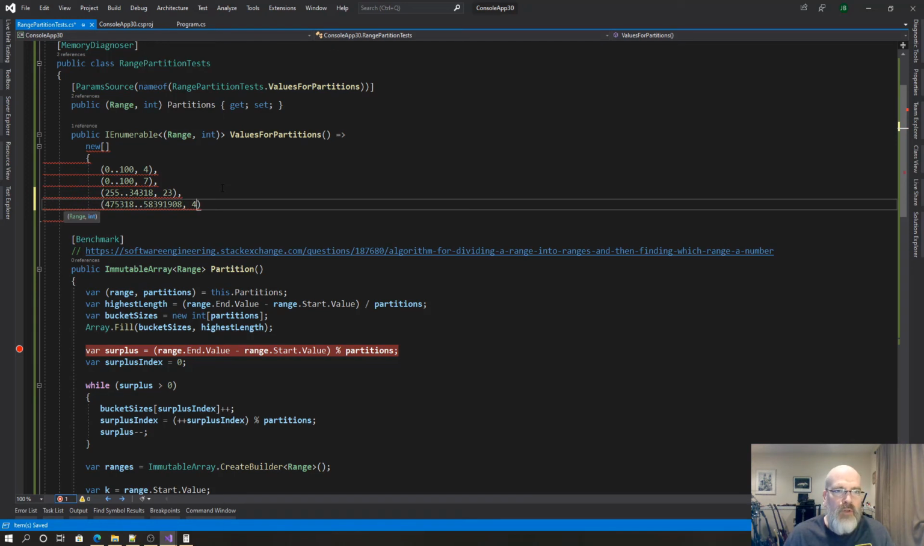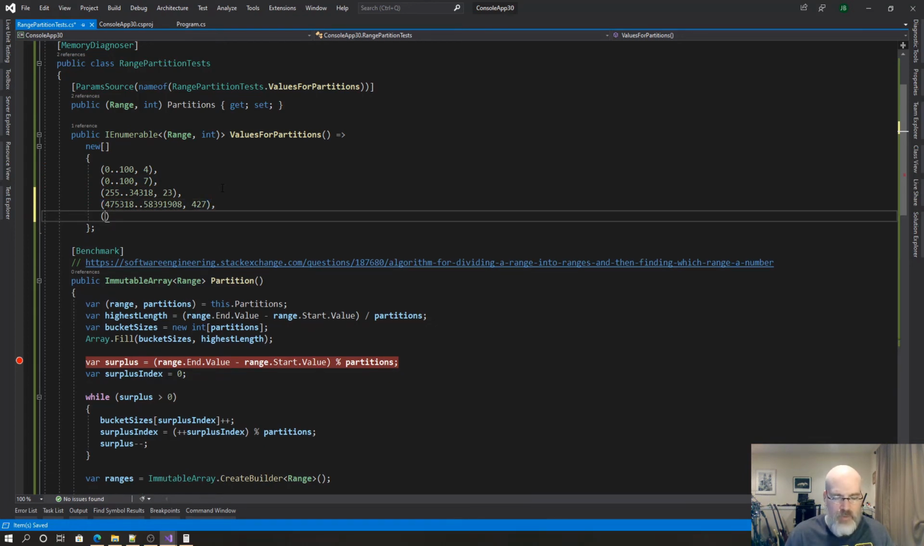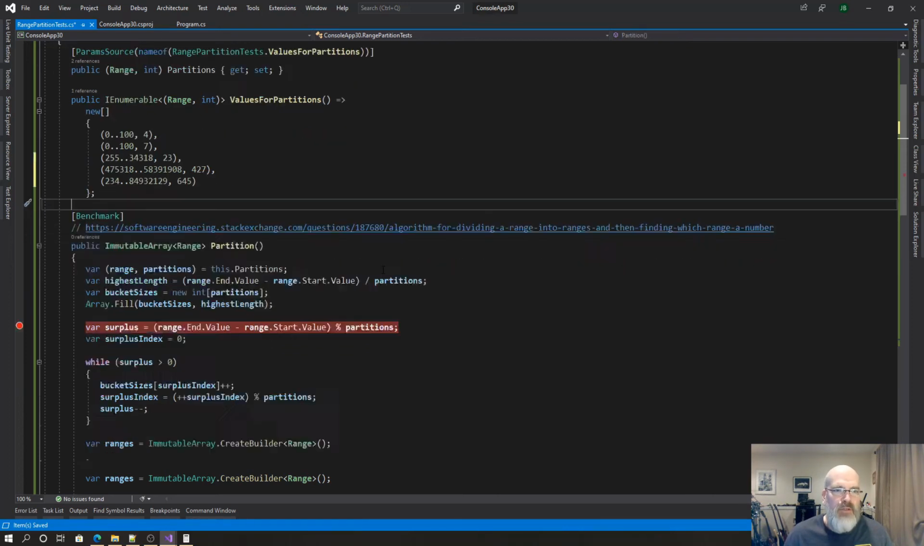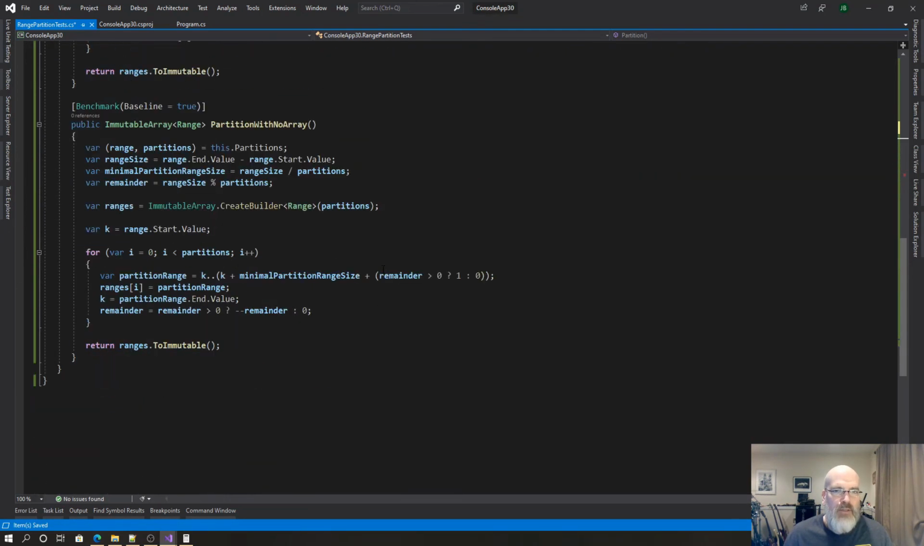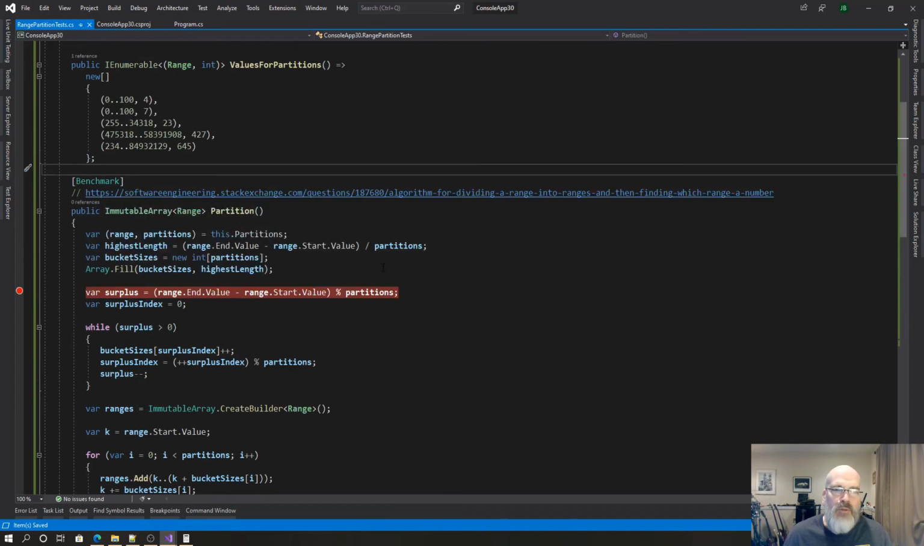We're going to do 427. I'm going to say 7. Okay, and then we're going to do 2 through 4, 8, 9, 6, that. We're going to do 645 partitions. Just some ridiculous numbers here, which we should find, hopefully, some differences. So again, I'm going to run it, and we're going to see if those couple of changes